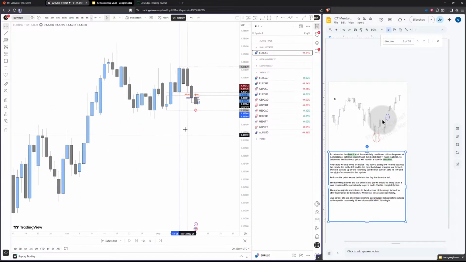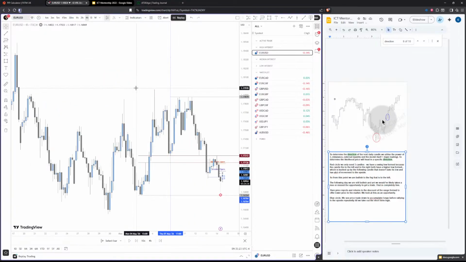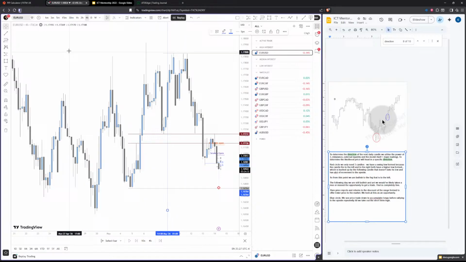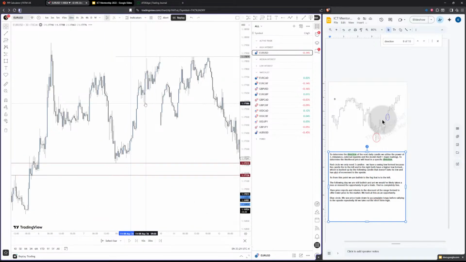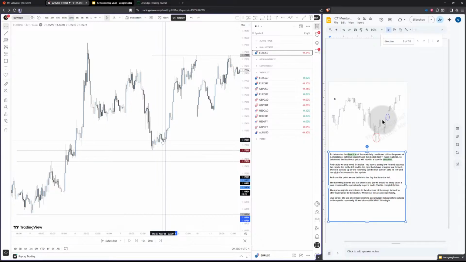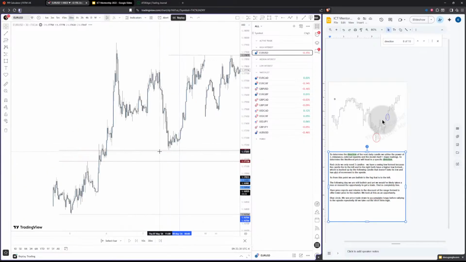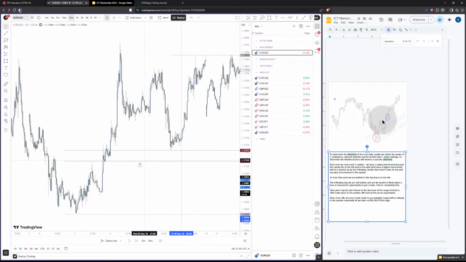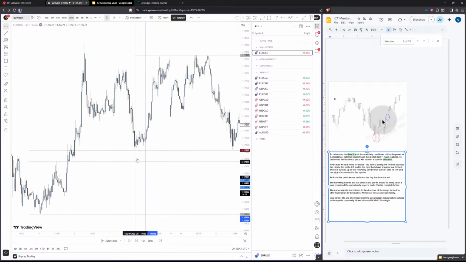I want to see Friday midnight. Okay. So for context, we have the fair value gap that's been created. It's actually here. Oh, it's actually marked already. This is the fair value gap. I'm expecting price to come down into it to then push up. Why?